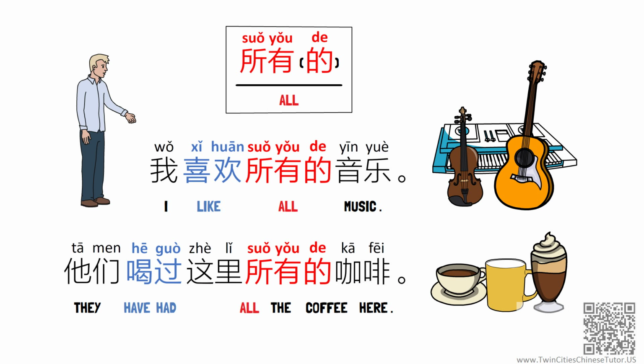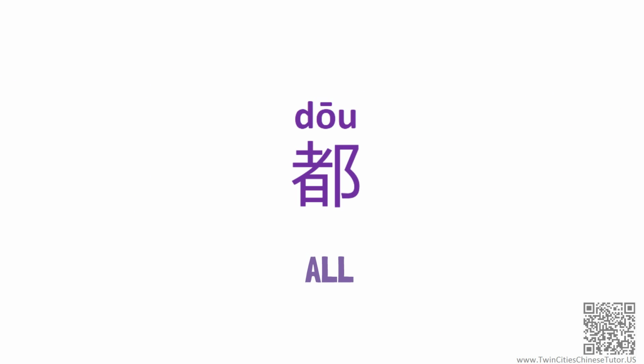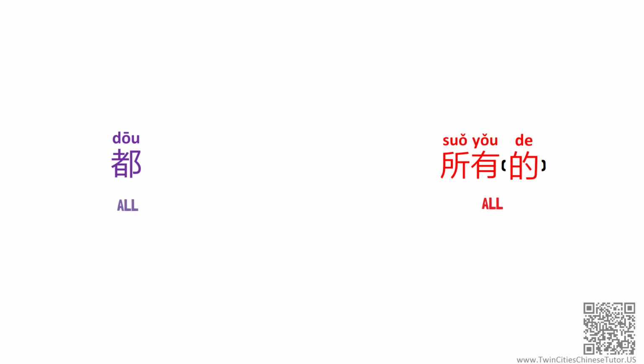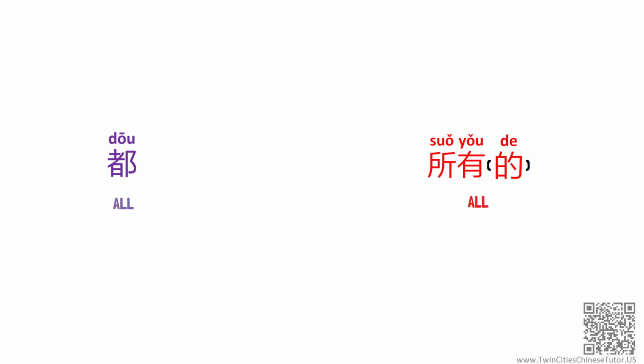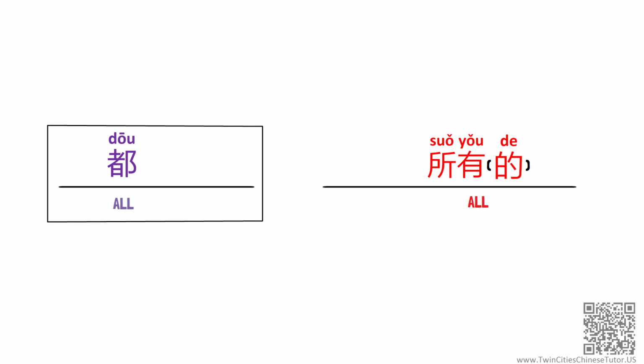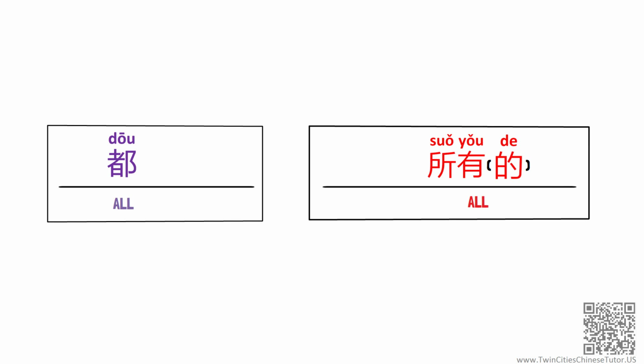Now, let's compare it with another word for all in Chinese you might have learned, 都. As mentioned in my 都 video from several years ago, both 都 and 所有 can be translated into English as all. But they are different in where they are placed in the sentence and what they describe. 都 as an adverb can only be placed before a verb or an adjective, and it is used to describe the noun before it. But 所有 is an adjective, so it is placed directly in front of the noun it